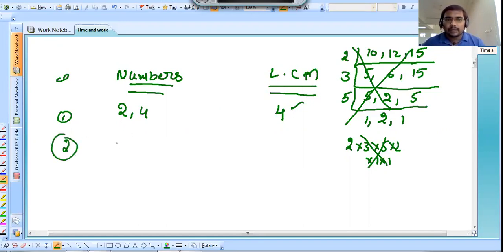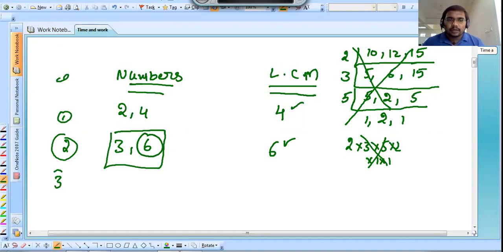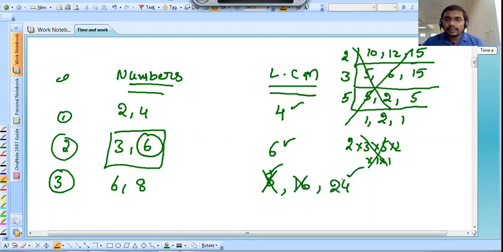So how will we take the LCM? Here 3 comma 6 is given. Take the big number right here. 6 is divisible by both values, right? That means 3 divides 6, and 6 also divides 6. For example, sir, 6 comma 8 is given. Can't we write 8 here? No, you cannot. Why? Because you have to see whether 8 is divisible by both values. 8 is not divisible by 6. The next multiple is what? 16. Not possible. Next one is 24. Yes, 24 is divisible by both values.